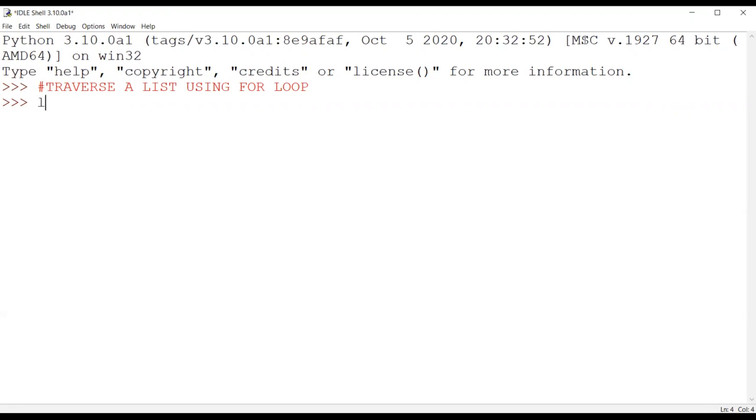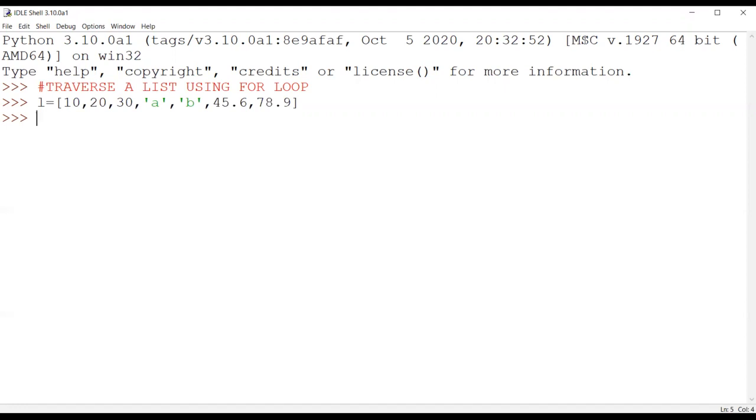First of all, I'm going to define a list. L is equal to, let's take some elements over there. Right now I'm not going to accept the input from the user, but I'm defining all the elements from my side because we want to learn only how to traverse. So I have created a list. How many elements are there? 1, 2, 3, 4, 5, 6, 7. 7 elements are there. Now I want to traverse them one by one.